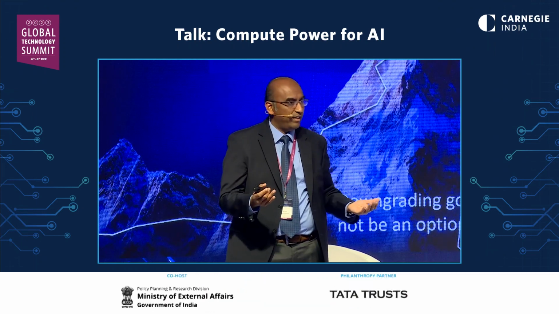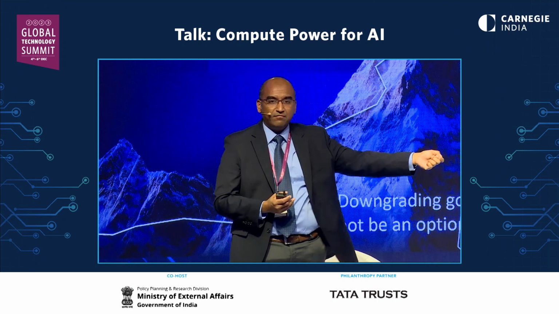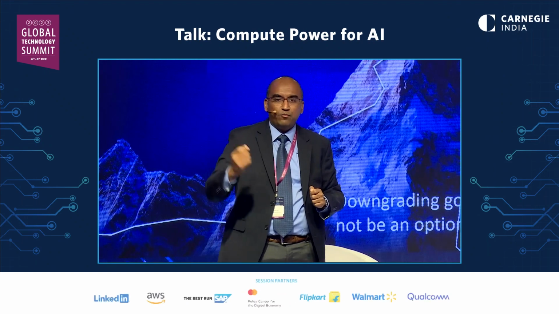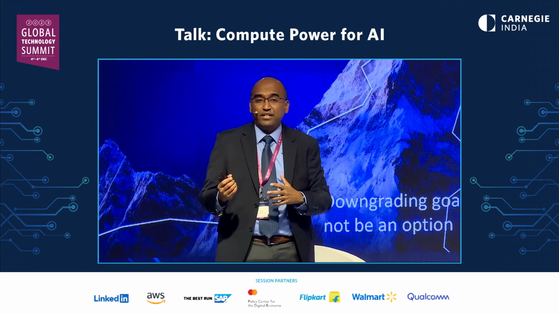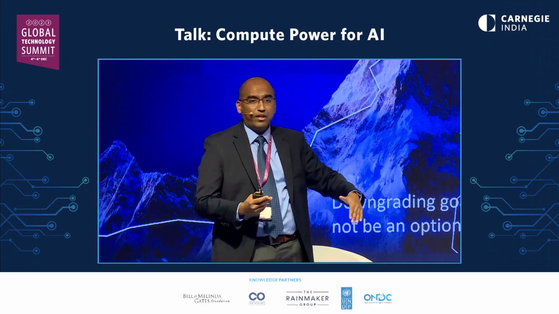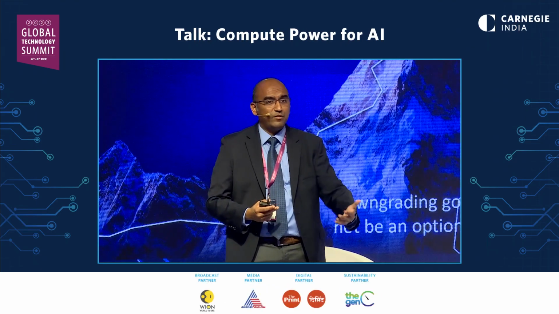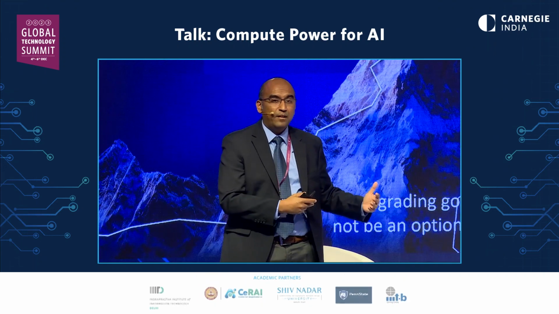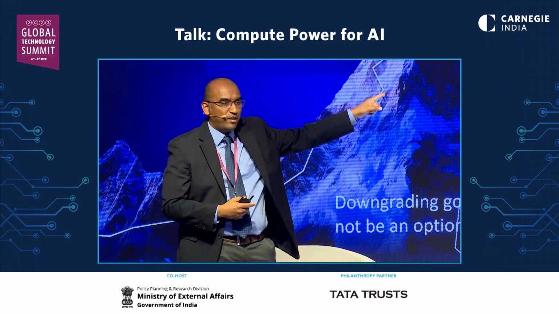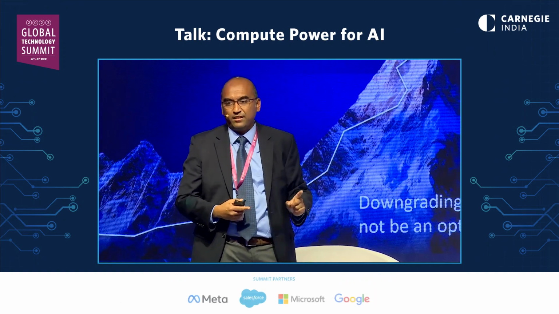Today, if you want to buy a high-end GPU, you wait in a line for between 9 to 18 months before they'll maybe ship one to you. That has to change, which means there'll be new players who will come in with more accelerators, the price will come down, algorithmic changes will come in so that you actually consume less power. But that doesn't mean we change the summit. You still have to summit. You just have to find a different path to get there.